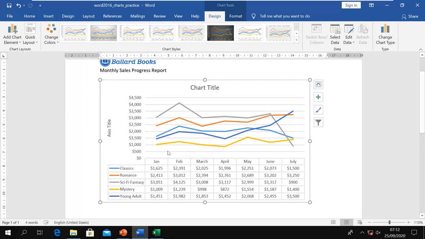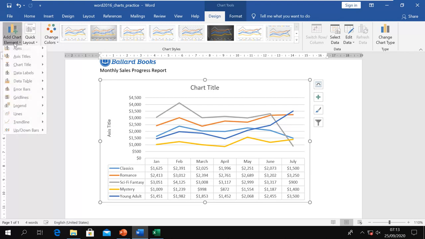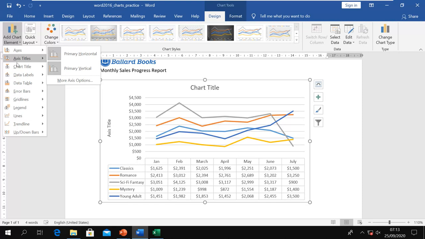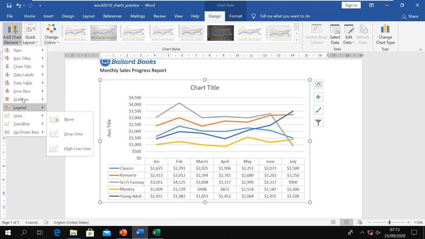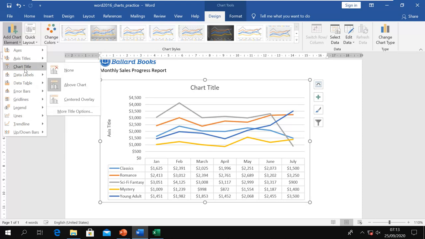I can even manually change these elements also. We can add these elements like title, axis title, the table, these legends, and these grid lines. If you want to add these manually, then from that same Design tab you have this Add Chart Element command. If you drop it down, you can see those elements here, and then you can select how you want to add those elements. Like suppose I want to add a chart title, so the chart title is right now available above the chart.